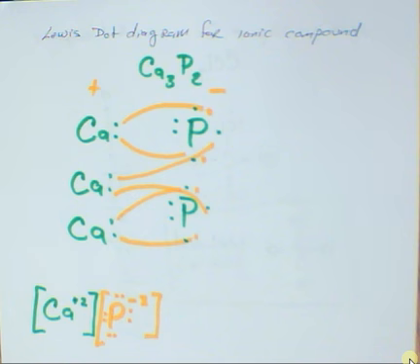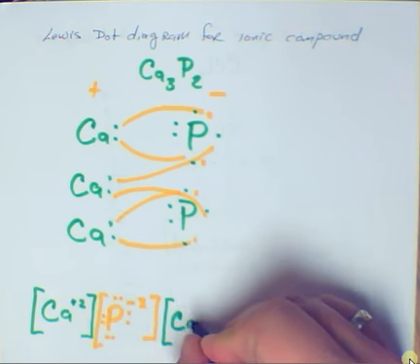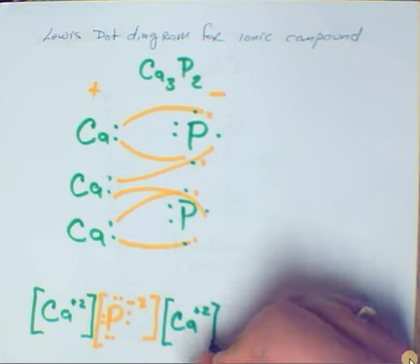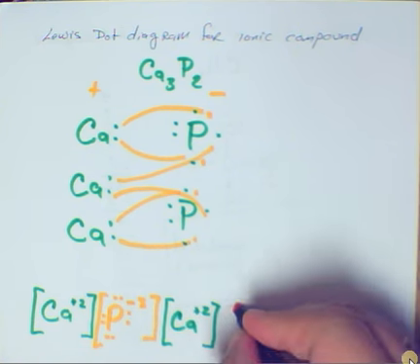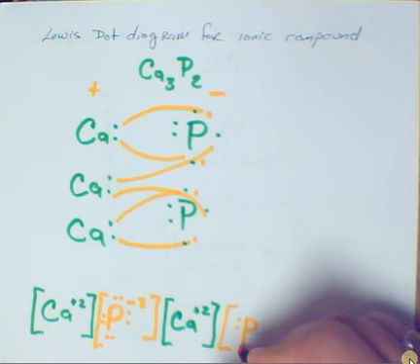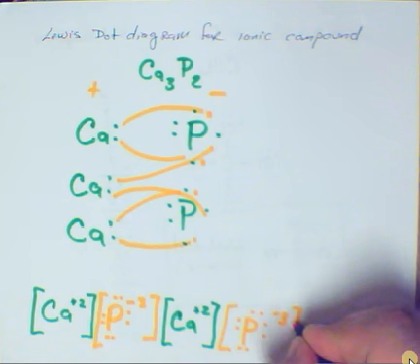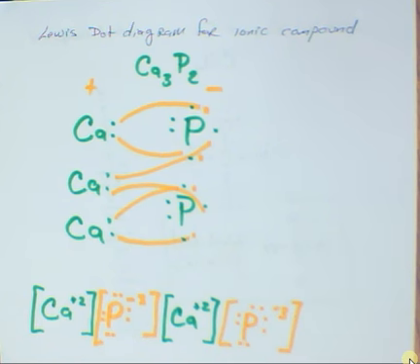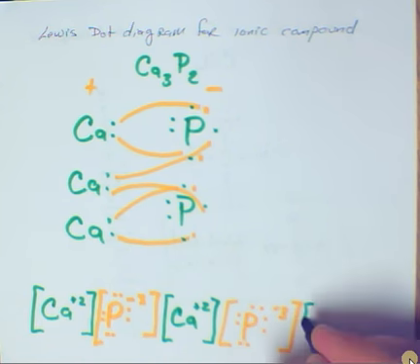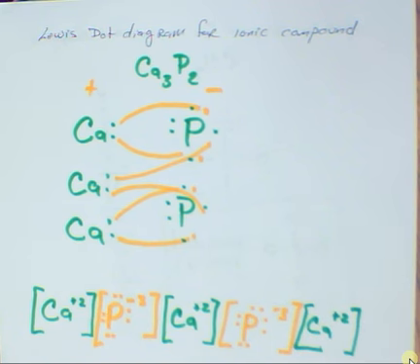So I need to basically alternate my calciums and my phosphorus. You need to make sure that you write the charge there so you know what the charge of each atom is. I put brackets around it to separate the ions, but you have to make sure you have a +2,